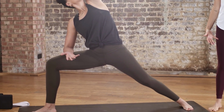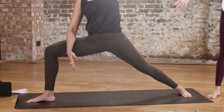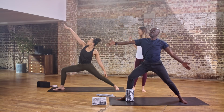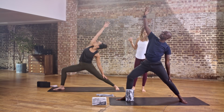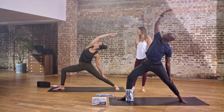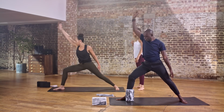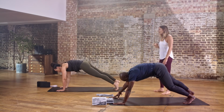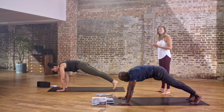On an inhale, you're going to come back to center and reverse the warrior. So your left hand comes down the back leg and the right arm lifts up and over. Then place your hands either side of your right foot at the top of the mat. Step back to high plank, and you can choose either take a child's pose or lower through your vinyasa, so